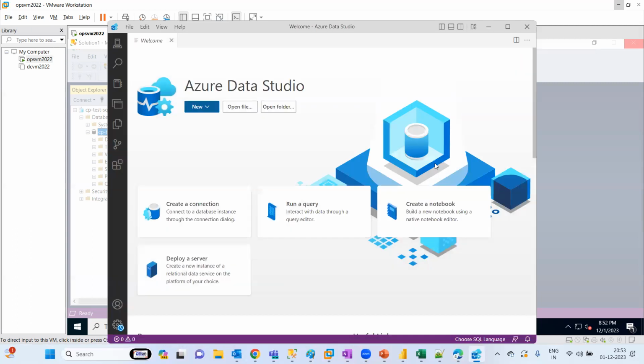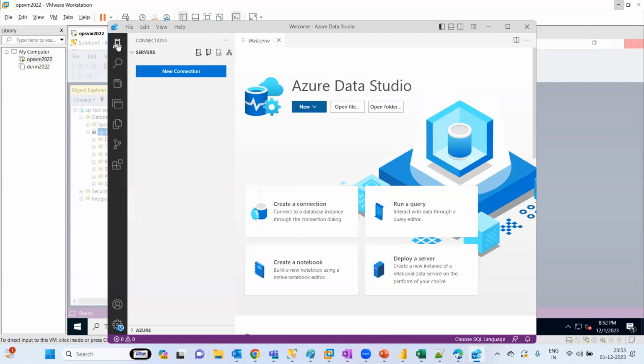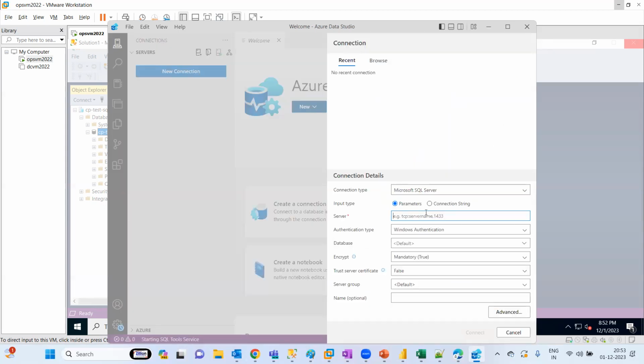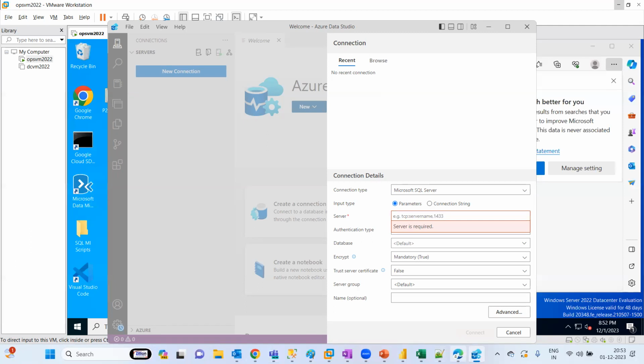Every time it is going to ask for the latest updates. So in Data Studio, if you want to connect to on-premises, it is the same approach. There is no change at all. Whatever process we use for connecting from Management Studio, it is 90% the same, but we have advanced options like data comparison, everything there. Okay, so let's take the connection string again. Just navigate to my server,